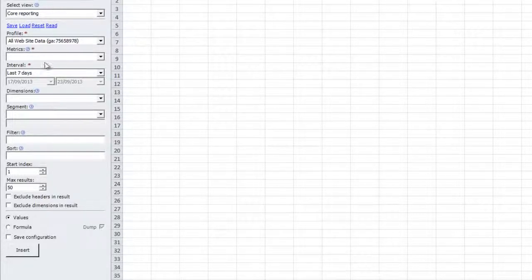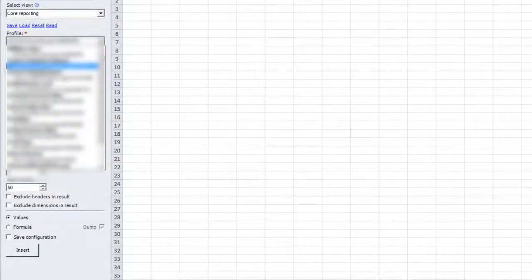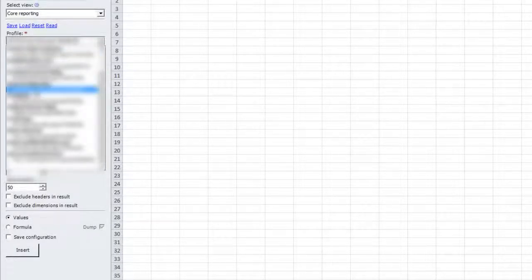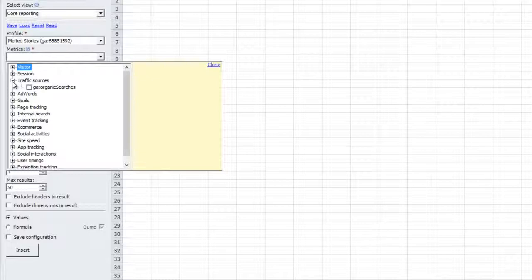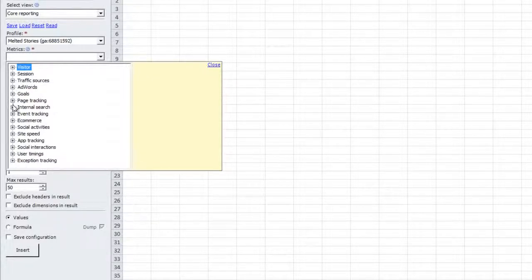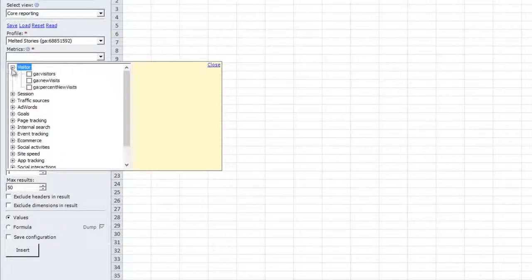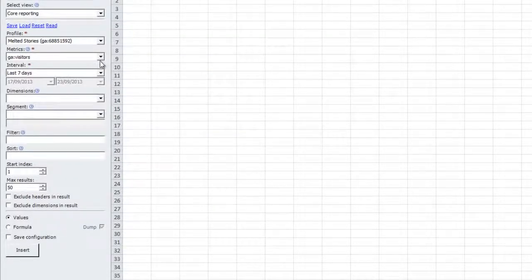Now all you need to do is link up your Google Analytics. I've already done it to my personal Google Analytics file, and it just took a few seconds. So I'm just going to grab the data from my travel blog to stick with that. What I'm going to grab is, let's just say, the visitors. I want to know how many visitors